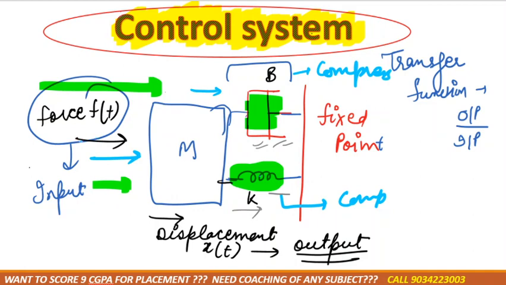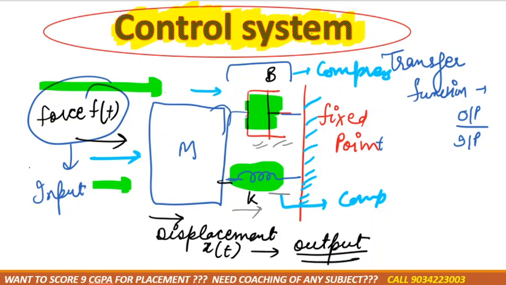Now step number 2, since one end of the spring and dashpot is connected to a fixed point, in this case the compression of the section is equal to the movement of the other end, correct? The compression is equal to the movement, correct? Because if one point is fixed, right? So in this case,